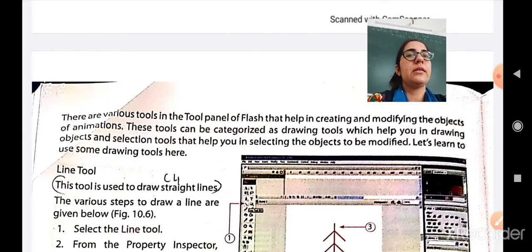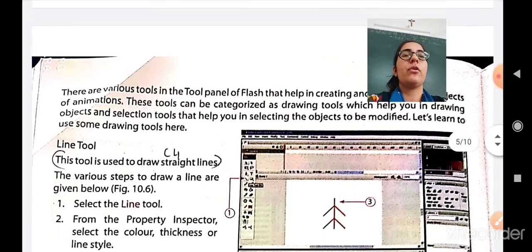Now let us learn to use some drawing tools here. The drawing tools will help you in drawing, while if you want to select any object, you can use the selection tools. So first let us learn about some of the drawing tools.